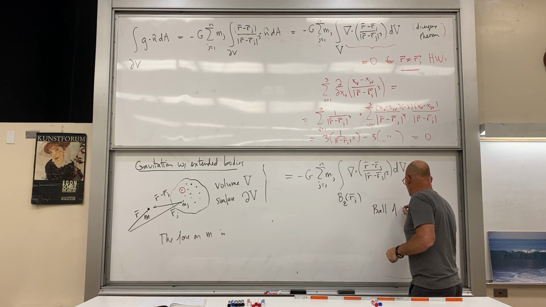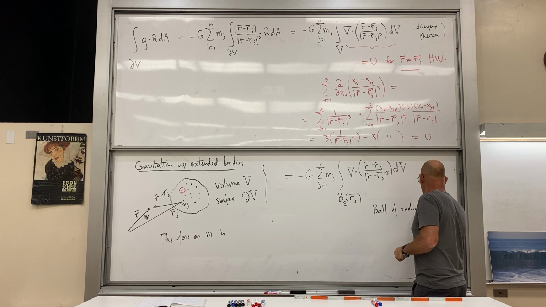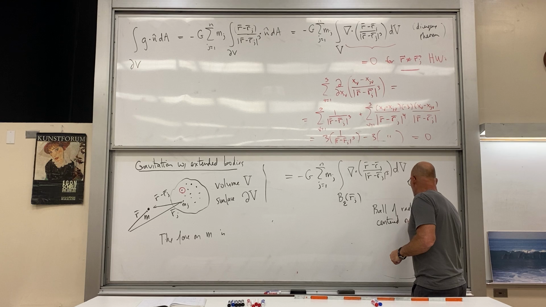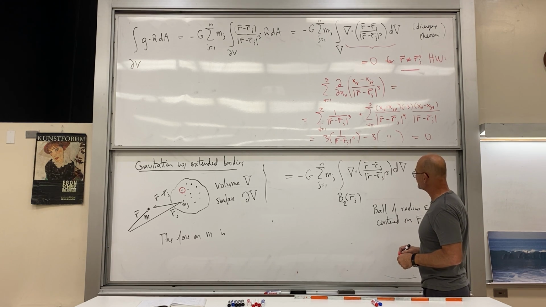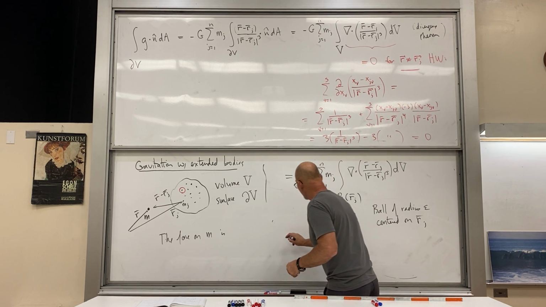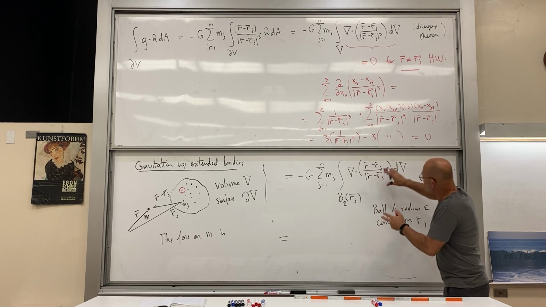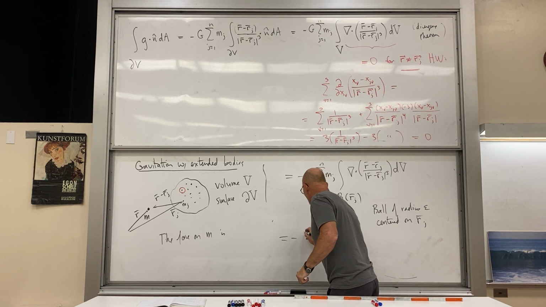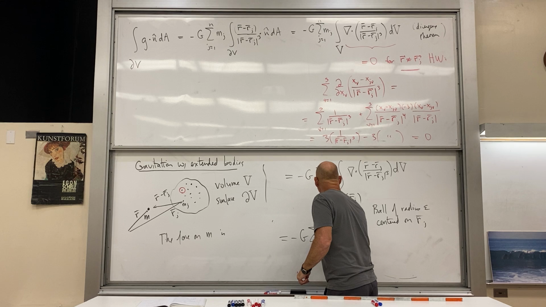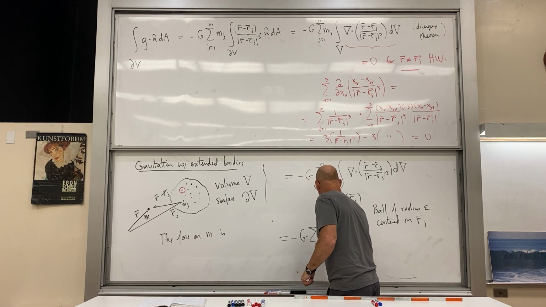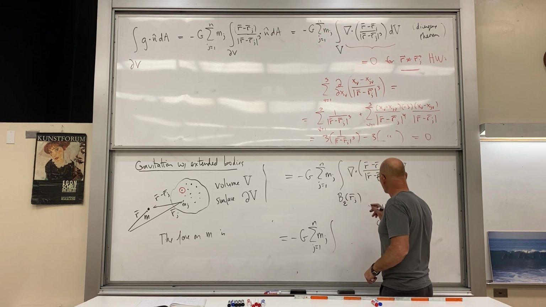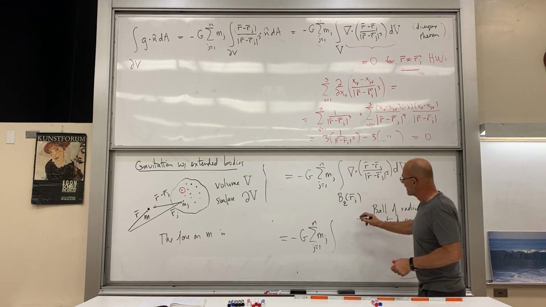Ball of radius epsilon centered on r sub j. Okay. And now that I have those little balls of radius epsilon, I can go backwards with my Gauss's theorem, divergence theorem, 1 to n. So by going backwards, I'm going to have to erase this thing here. I now have